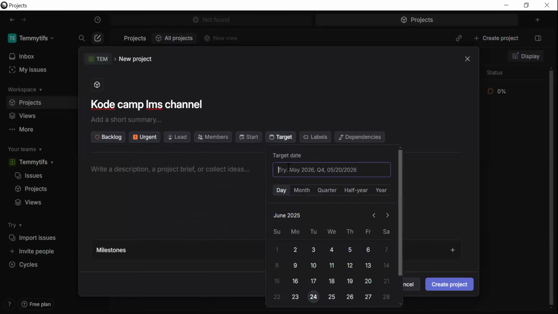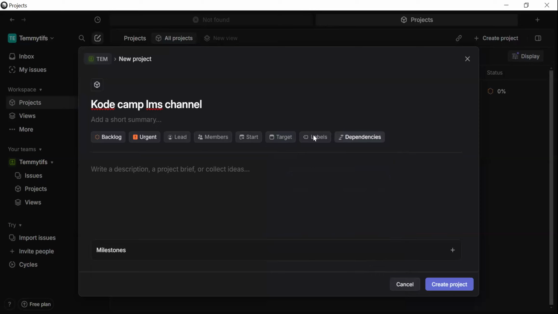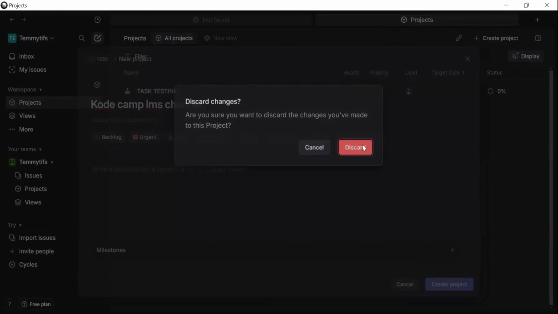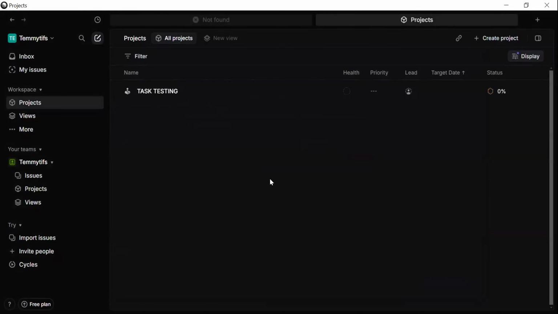So we add our targets. What's our target? When are we starting the project? When are we going to end the project? Don't forget, this is going to be done by the project people. They just want to create a new project, like the KodeCamp LMS channel. When they are done, they will create the project, and they will have to invite you in case you want to be part of the team, like the QA team, or part of the team as a whole. This workspace will comprise the developers, the product owners, the project managers, the QA,